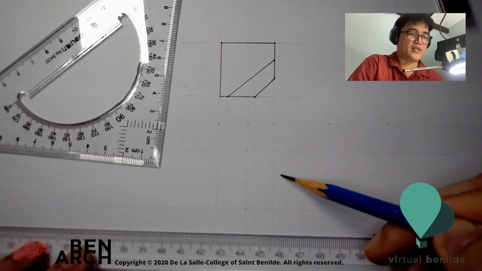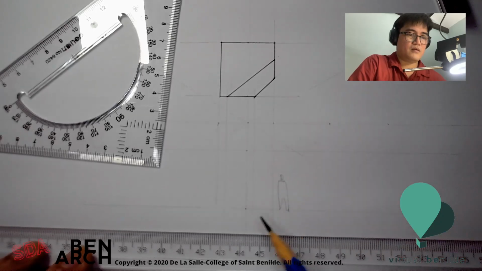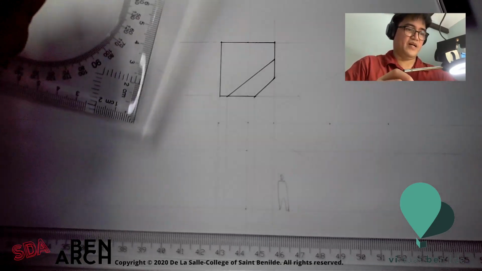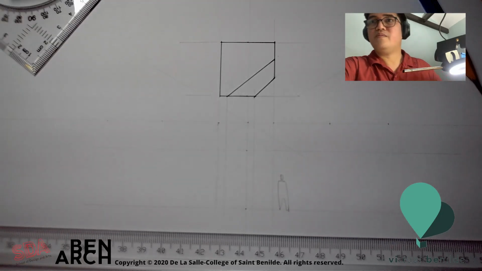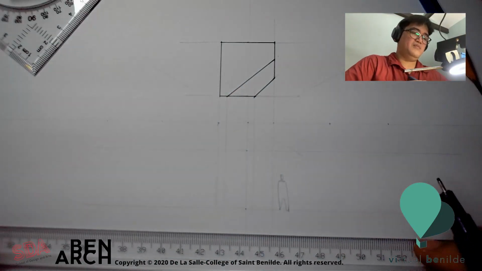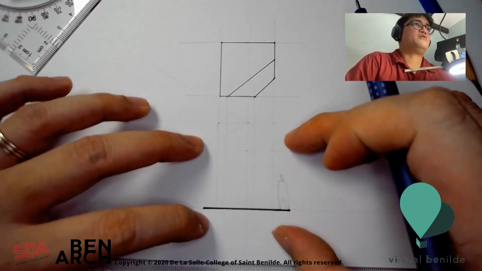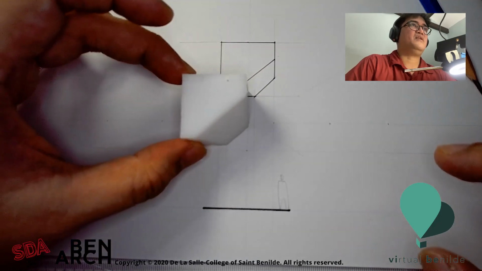If I draw a person, that would be the scale, since this is derived from 3 meters by 3 meters by 3 meters. So now I can illustrate first the ground. I'm going to be using the 0.8 millimeter pen. I always illustrate the ground in architectural drawings, so we're going to consider this as an architectural building, and